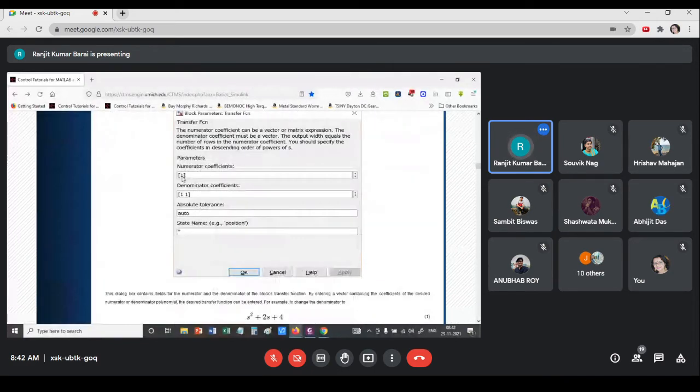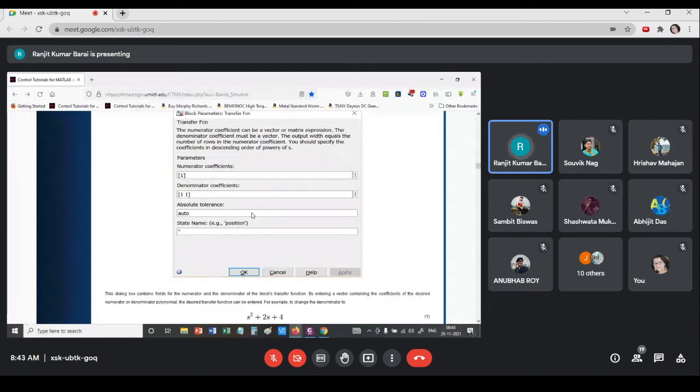Numerator, as you have seen in MATLAB programming, numerator coefficients were given as a matrix, and denominator coefficients were given as a matrix, and using the transfer function command, we could combine them together to generate the transfer function.